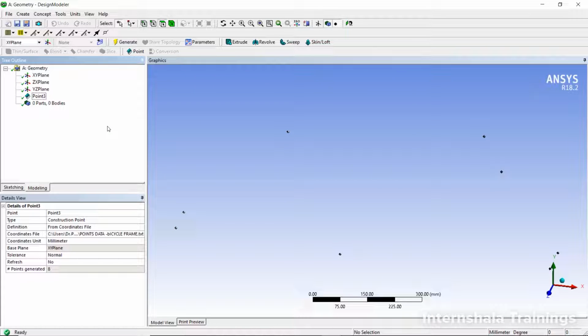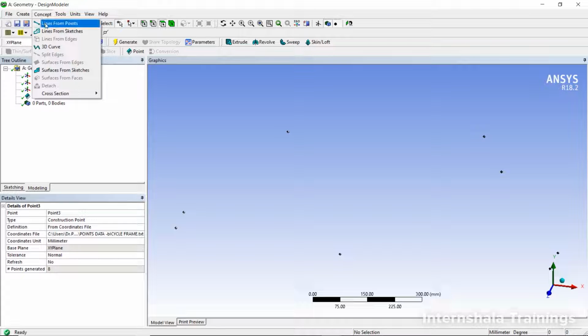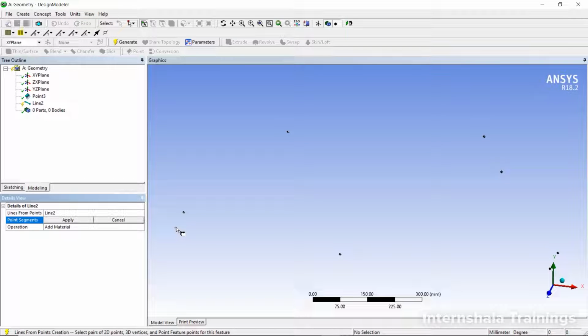So once we have created the 8 points, now what we are going to do is we are going to go to the concept, say select the lines from points, and I'm going to select these points. So remember one thing, if every line is going to have the same type of structural element, then you can select the total lines in a single phase.